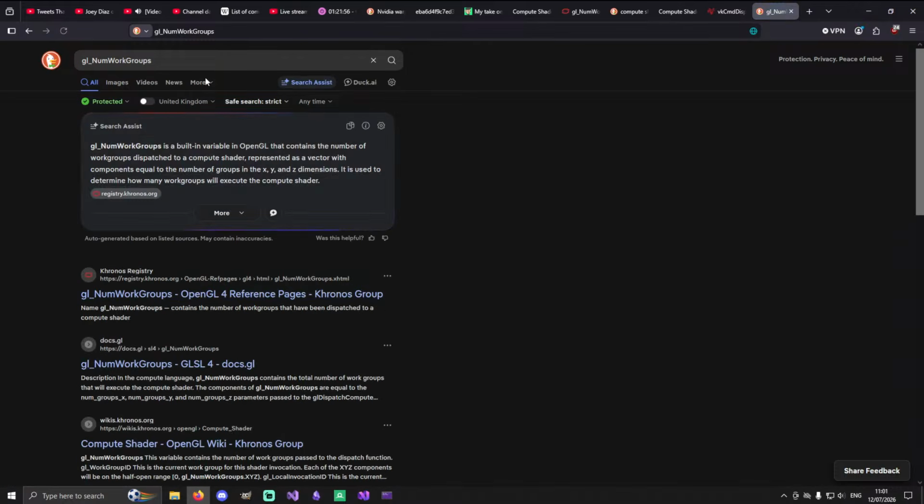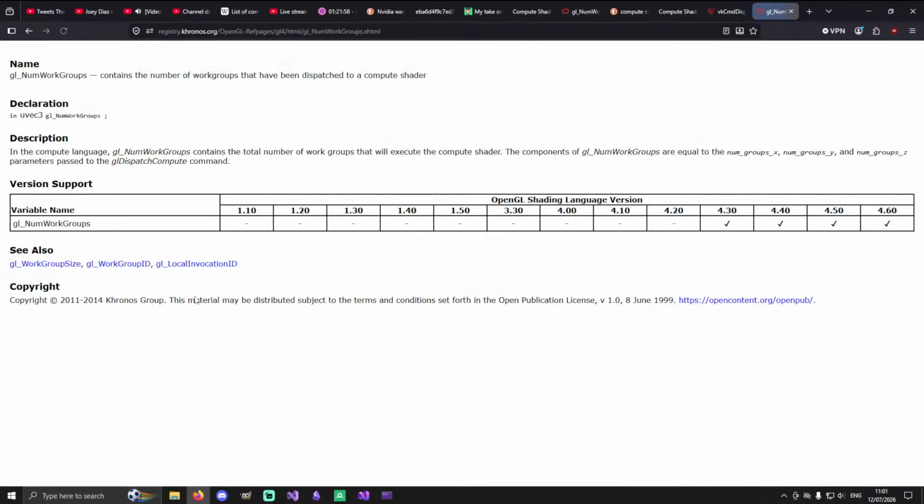This is all very new to me, so... work group size, number of work groups contain the number of